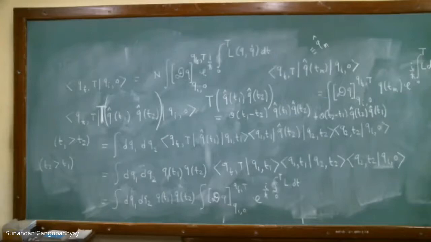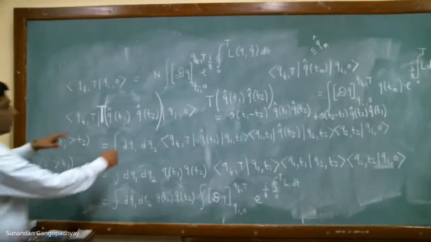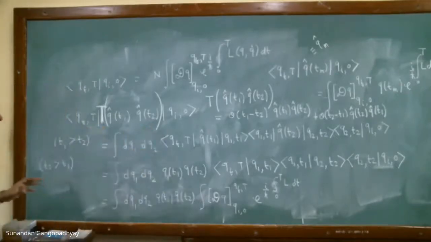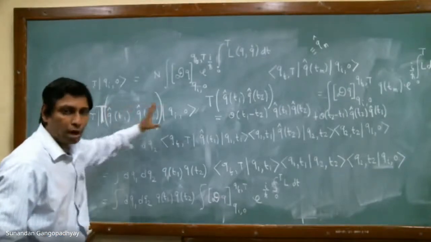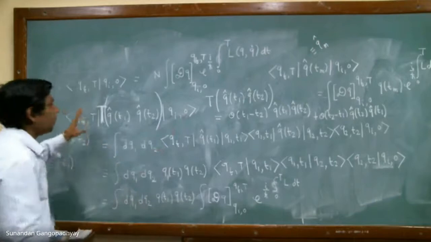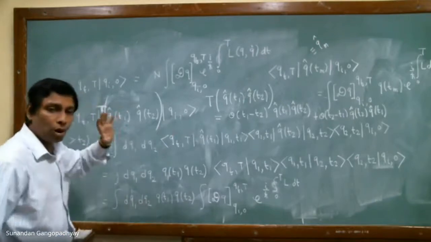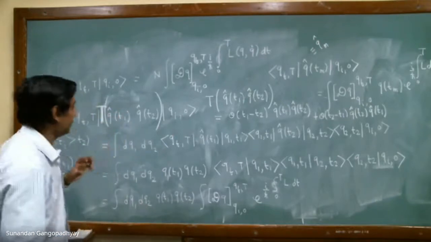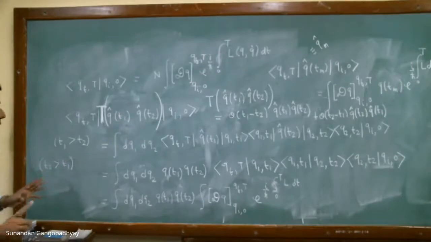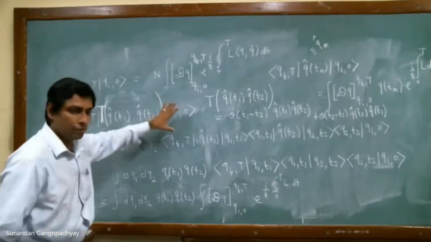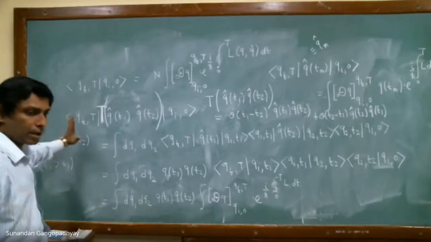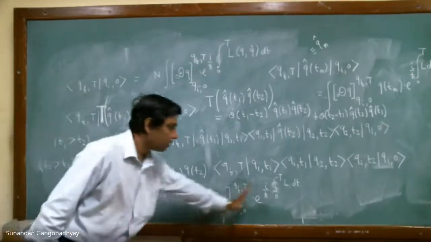So we have derived another important result. What it basically means is that whenever you have a string of operators, a product of operators, then for the matrix element you always need to incorporate time ordering. Otherwise, it is not meaningful. The time ordering of a product of operators, and you take the matrix element of that, you can write it as a path integral in this way.